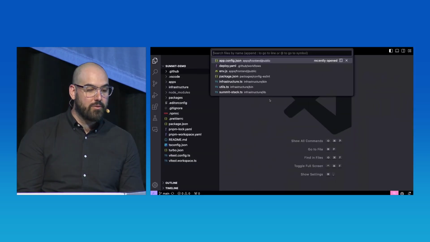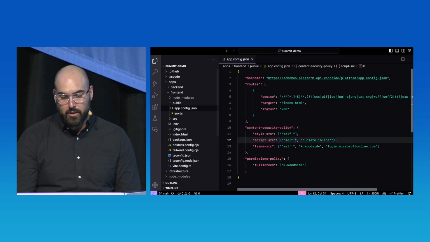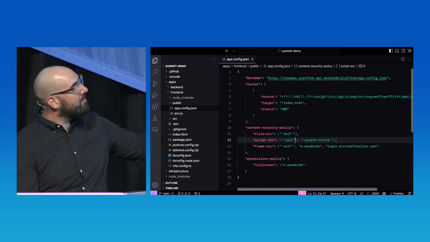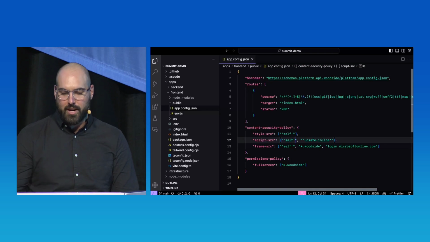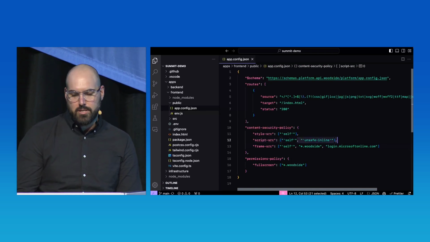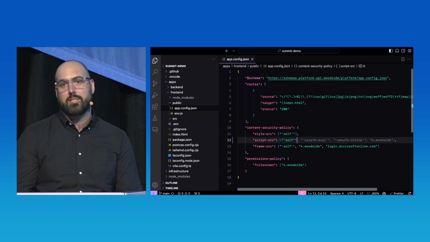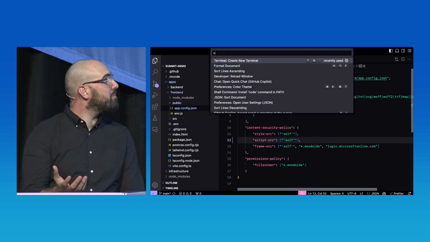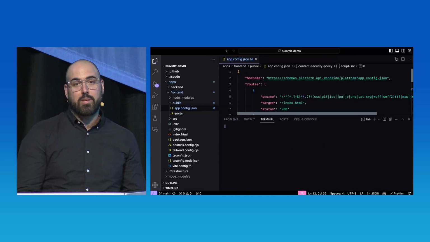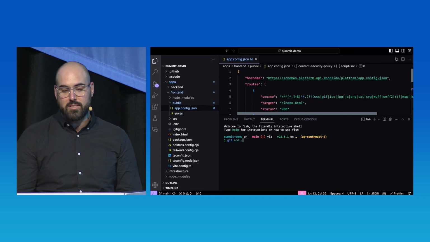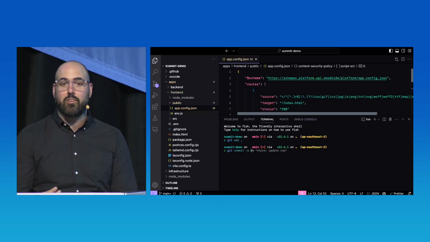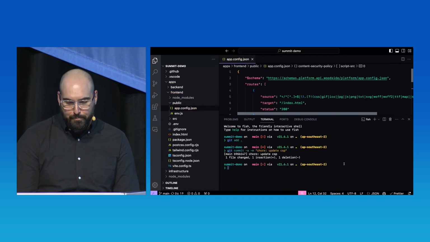To address this issue, let's go back to our application code, check out our config. We can see that we've added unsafe inline to our script directive, which should be removed. Let's make the change, push the updated configuration. For some additional context here, the application config enables developers to set security headers specifically for their application in our platform.